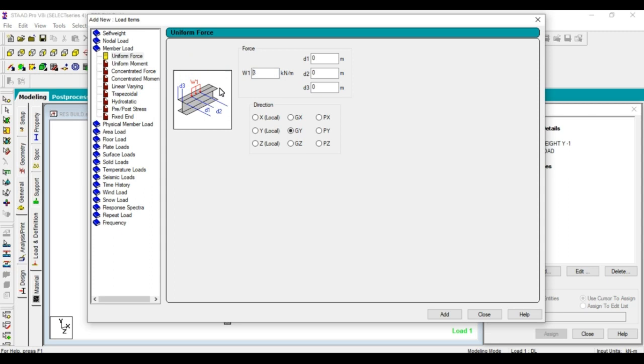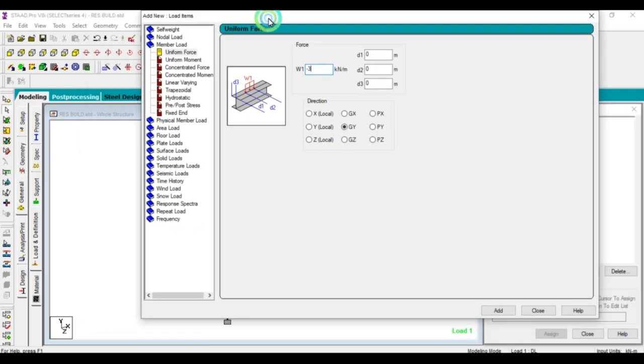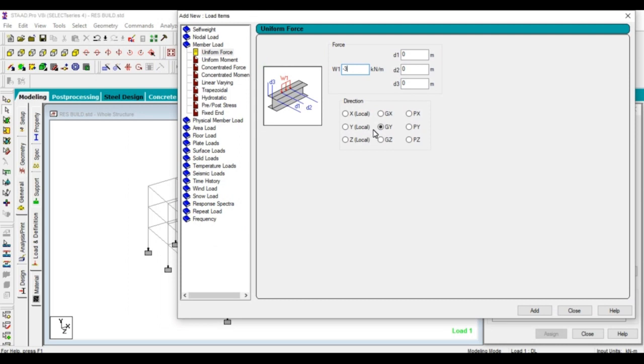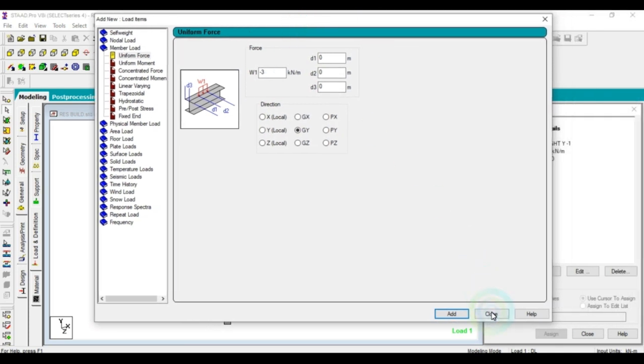You should give the minus because the loads will act downward, so -3 kilonewton per meter. Set GY, which means global direction in Y, because we create the loads downward. Click on add. This is the member load. Click on add and close.